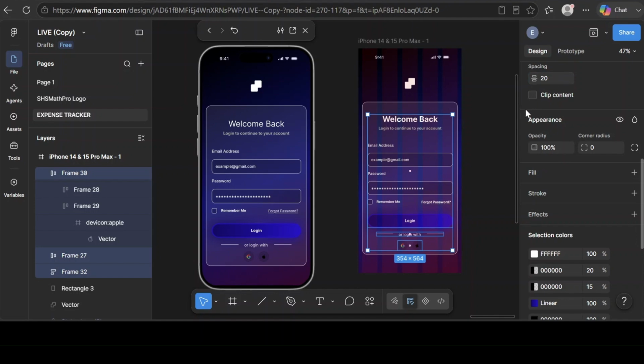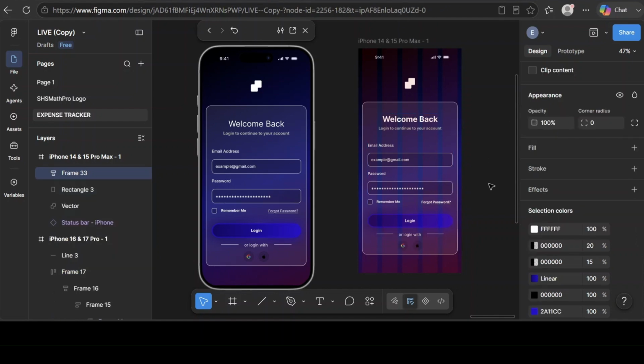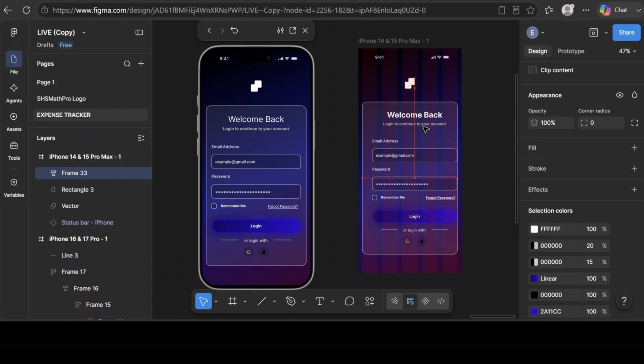Okay, this way, so Shift A. Okay, so as you can see, we have this done beautifully here. All right, so the next thing I'm gonna do here is to